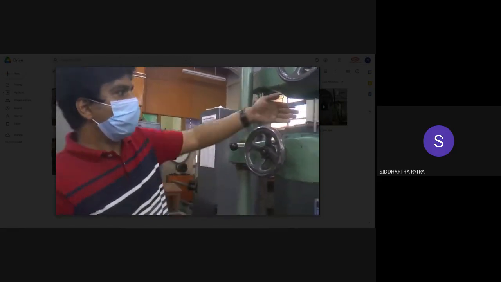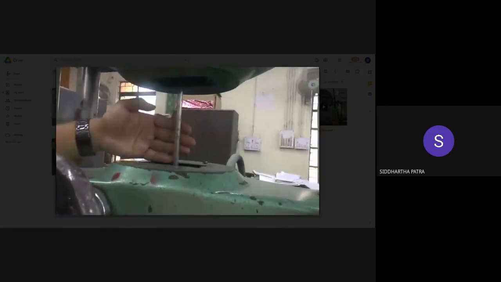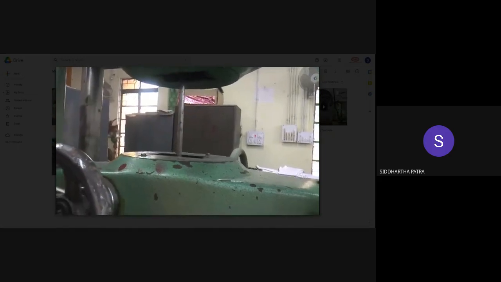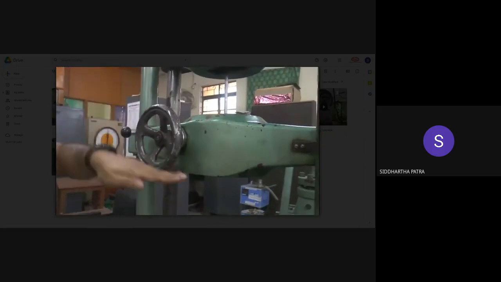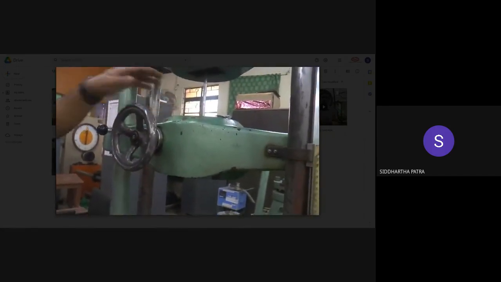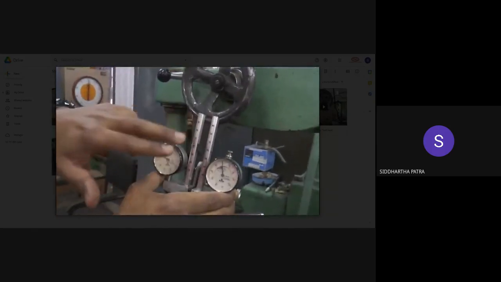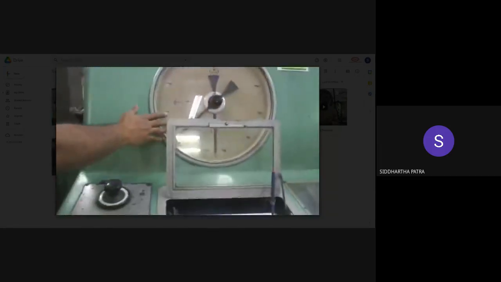Now this extensometer will be attached to this rod over here. And then this moving crosshead would be pulled downwards, and it would in a way stretch this bar over here, and therefore we would get the elongation data from the extensometer. And similarly we will get the value of the force from this dial over here.